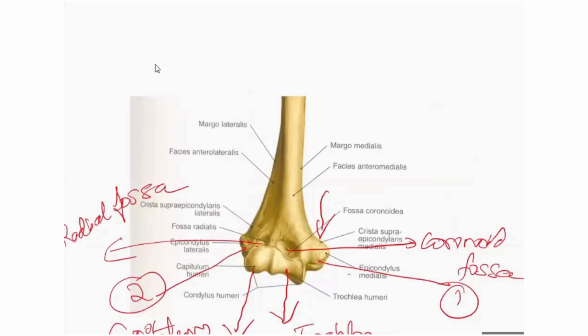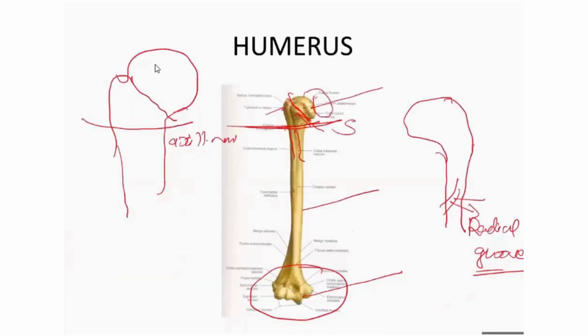So three nerves are in close approximation with the humerus. Any fracture of the humerus can compress any of the three nerves, and the neuro-clinical manifestation varies depending upon which nerve, which side. The clinical manifestation is reflected over the arm, forearm, or hand. That's the reason why we read the course of the nerve in detail, where they are supplying, during fracture. Is it clear? So three nerves are in close approximation to the humerus: axillary nerve on the surgical neck, radial nerve